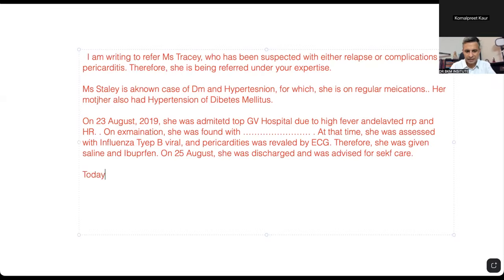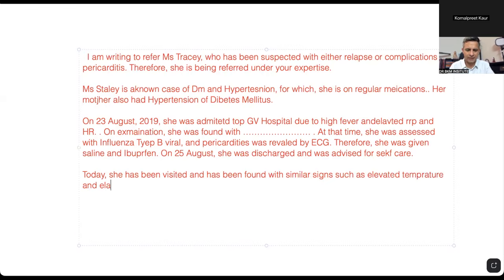Today, now this is the main thing. She has been visited. This is the main thing again. Passive voice, she has been visited by us. Passive voice means I went to her home. Today she has been visited and has been found with similar signs. This will make the examiner even more happy. Similar signs such as, never write like, always use the words such as, elevated temperature and increased